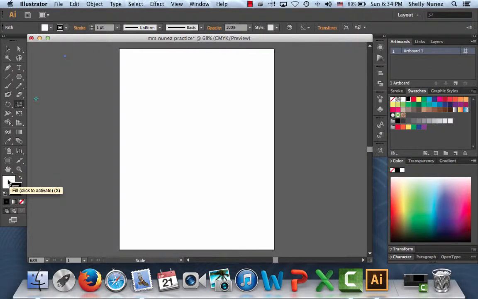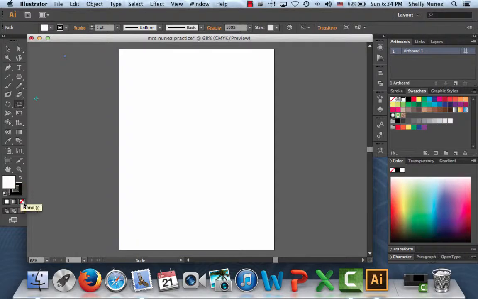This here is called fill and stroke, and this is where a majority of people will have their problem when they're trying to make an object, because they'll realize they have it filled with white and you don't want it to be filled with anything. You just want to have a stroke, not literally. So